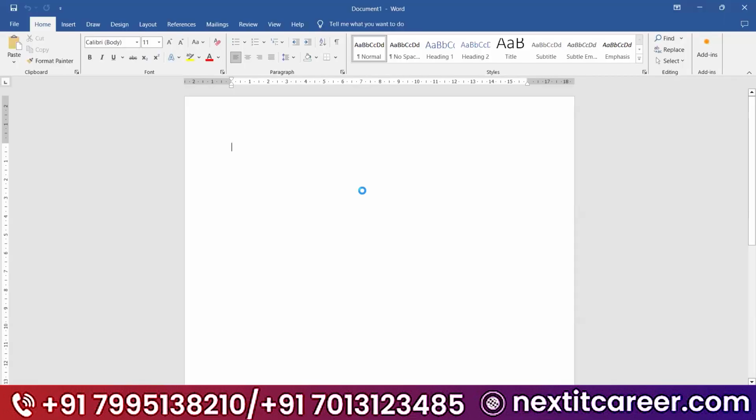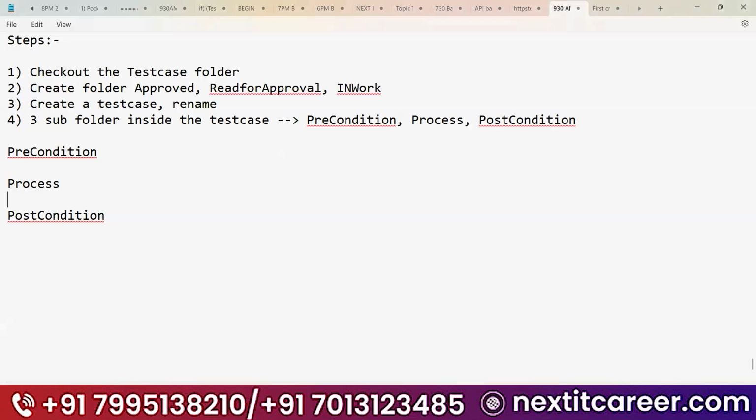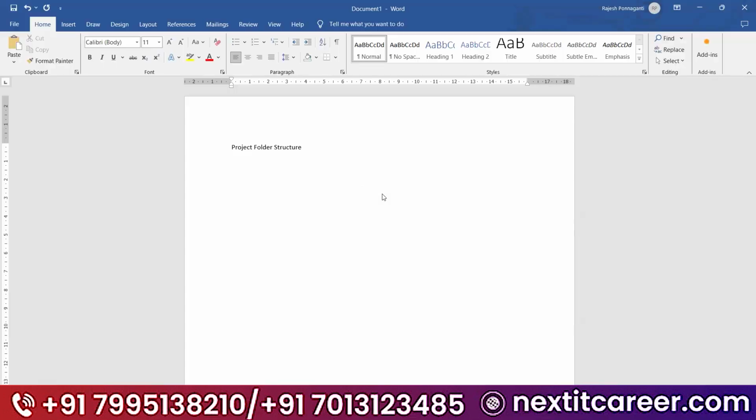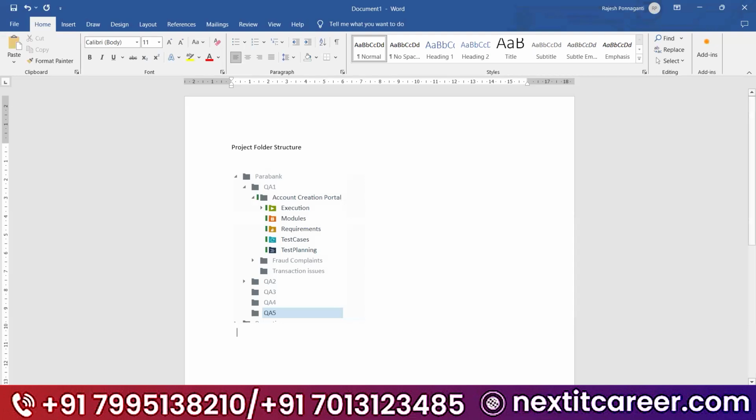This is the folder structure you will follow in any real-time project. Okay. First one is the project folder structure. So this is the project folder structure, guys.